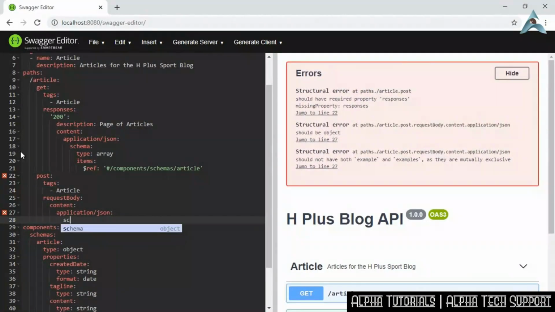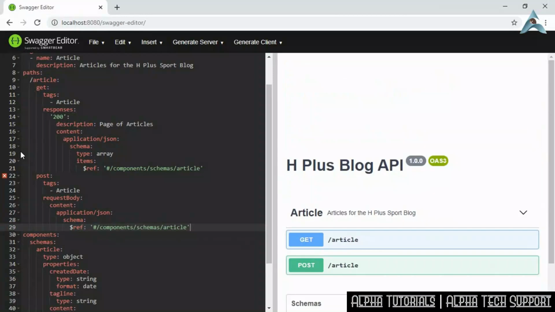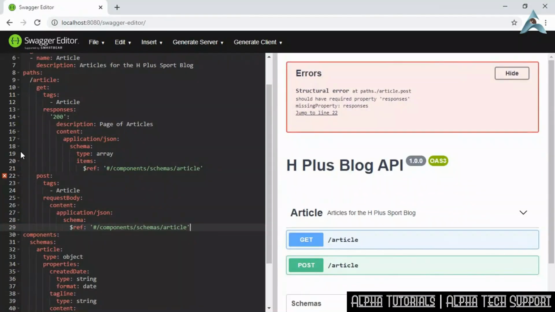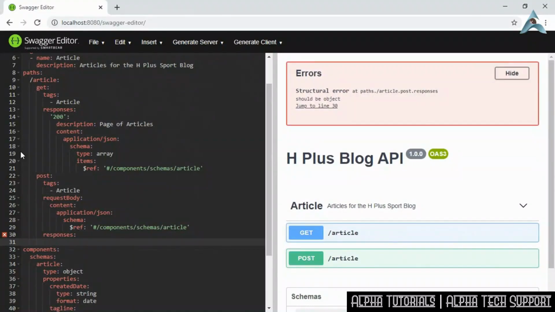And then here we just provide the schema for the object that we would like to receive as the request body. Once again, we can go ahead and use the ref field and point to the article schema object that we just created. There's only one thing left to do. We need to return a response from this operation. So let's go ahead, we'll add the responses field, and then when we create a new resource on a REST